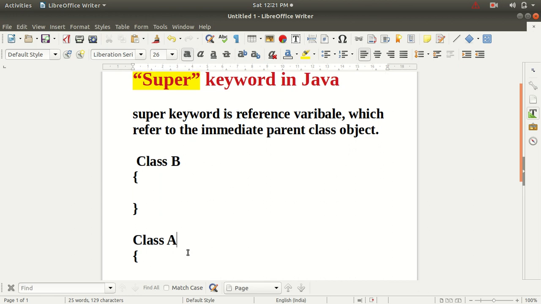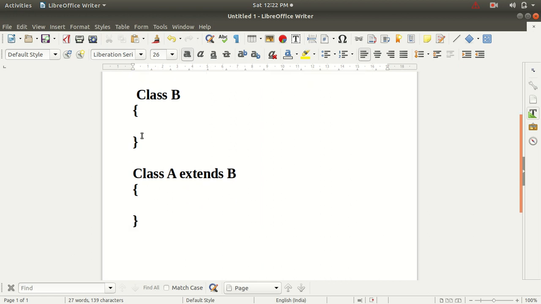To make class A a child of class B, we have to use the inheritance concept, so we have to write extends B, right? Here class B is a parent class and class A is a child class of class B. Now the super keyword will refer to class B, because for class A, class B is the parent class or super class, right?